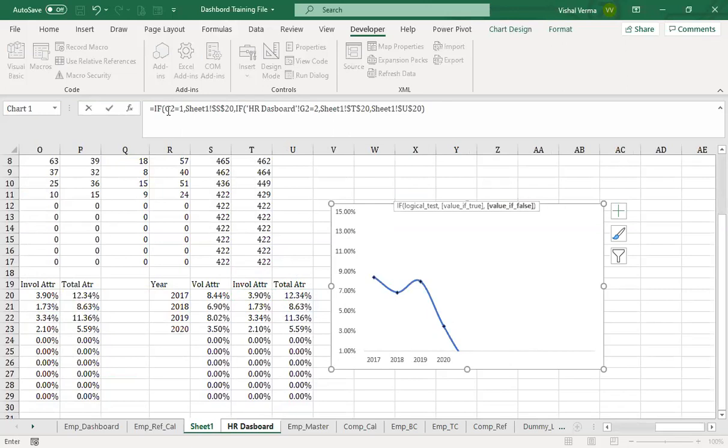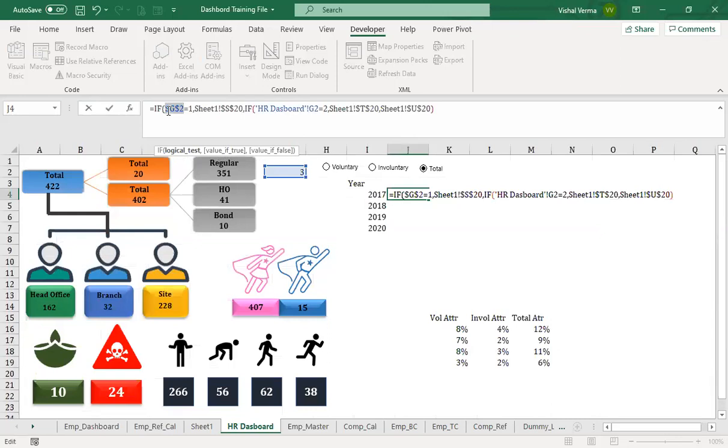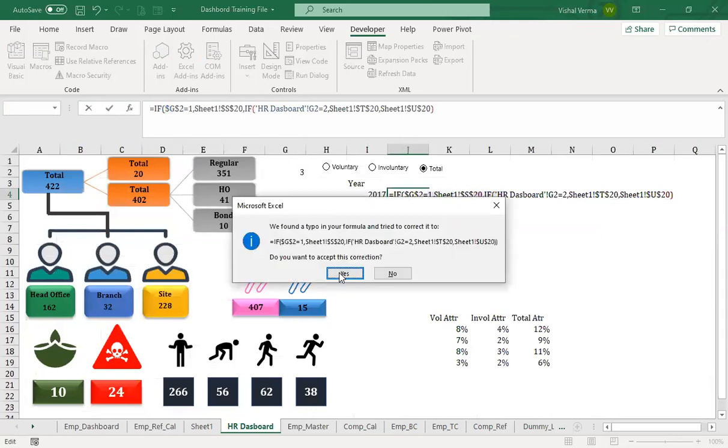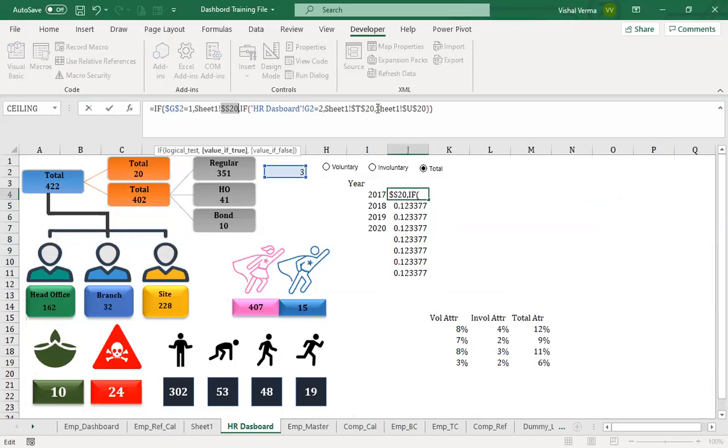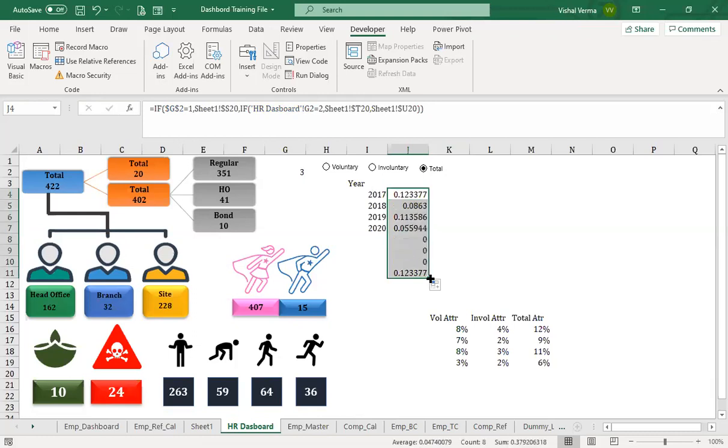And let's freeze this. Let's see if it is working fine. Yes, it's working fine.